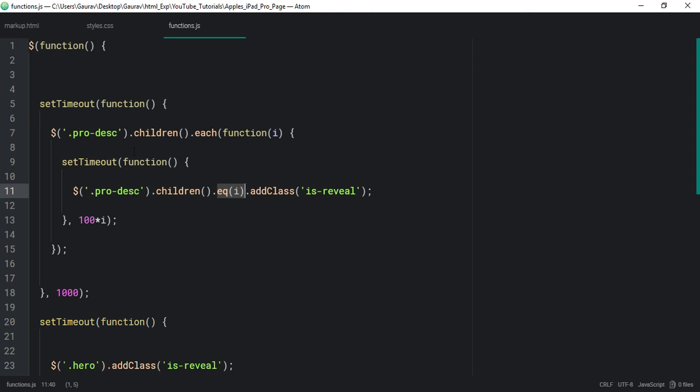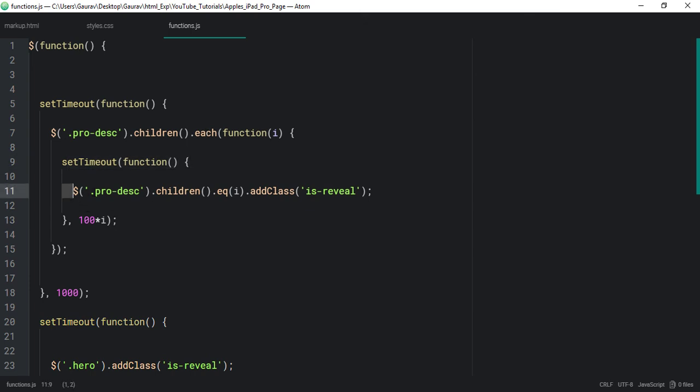Okay, so the first element has the index counter of 1, so it will select the first element, the product name, and it is going to add the class of isReveal, and for that product name it is going to set the time of 100 times 1, which is 100 milliseconds, and then again it is going to run this function.